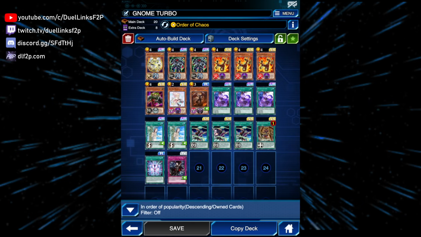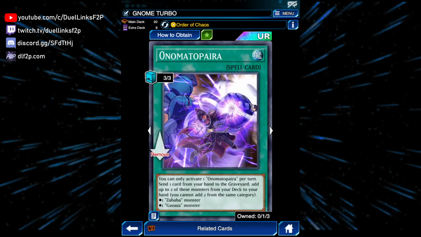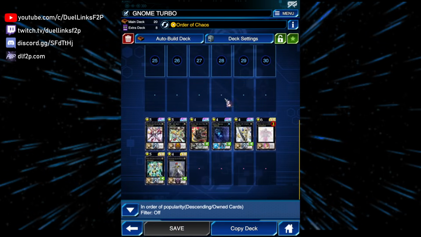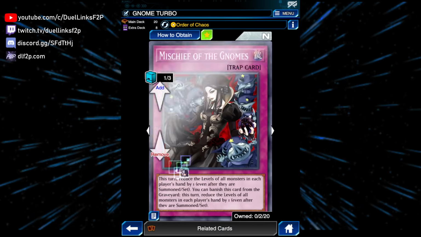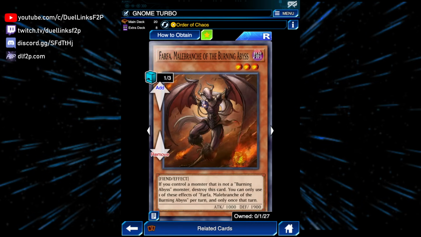And one deck that could make Beatrice is Onomats. Onomats have a 1-card combo using Onomato Pickup or Onomato Para to search both Gaga Sister and Gaga Coat, and these two cards make a rank 6 on their own, and this could make Beatrice very easily. Beatrice can send your combo pieces during your own turn, and during your opponent's turn you can either send Mischief of the Gnomes if you're facing Tachyon, or if you're not, you can just always send Farfa instead,